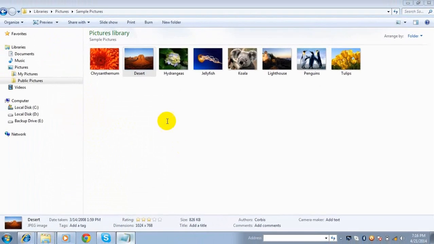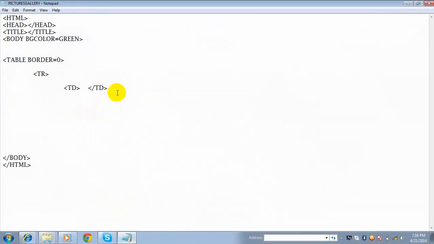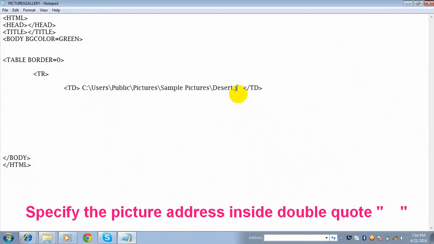Now go to text editor, just press Ctrl plus V or click on edit menu, click on paste. PSERT.jpg. Okay. Similarly, you need to use img src tag to insert picture, and here we have specified the location of the picture.